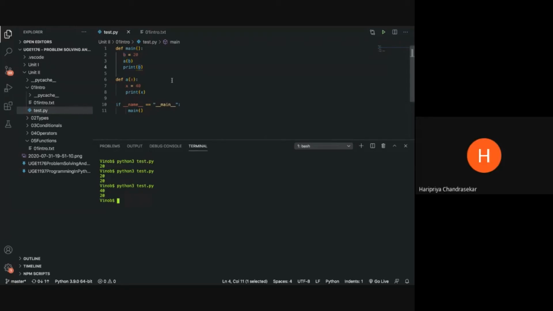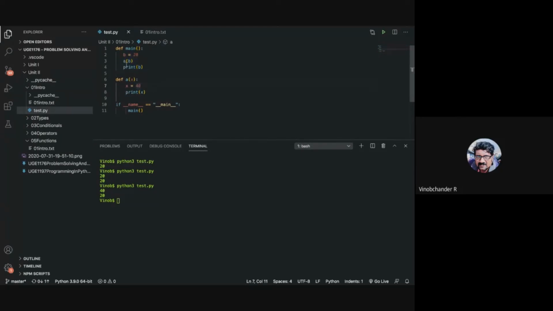Sir, can you explain just one more time? Yeah. See, call by value essentially means you pass a copy of the value to the function. So if B is being passed here, a copy of B is passed to this place, and whatever you do with the copy is reflected here only. That value is not reflected to this global part.